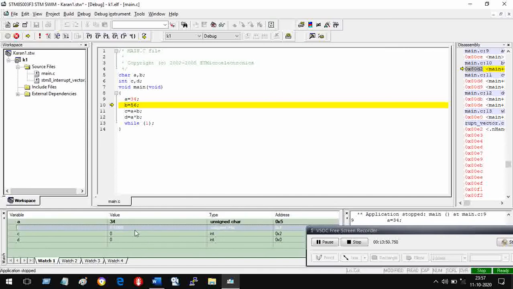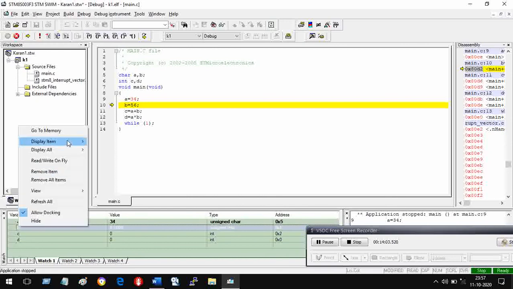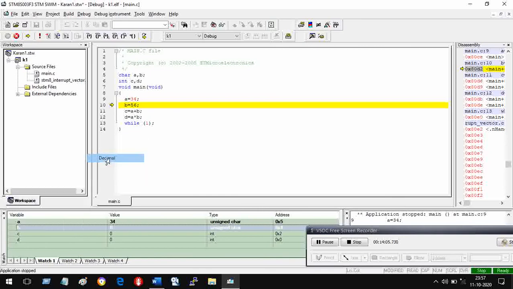So it has been 34 plain. Here you can see after 0 it is written like this. We don't want that. We will say that okay, I want to see this also as a decimal number. So it has become a decimal number. That something has vanished.